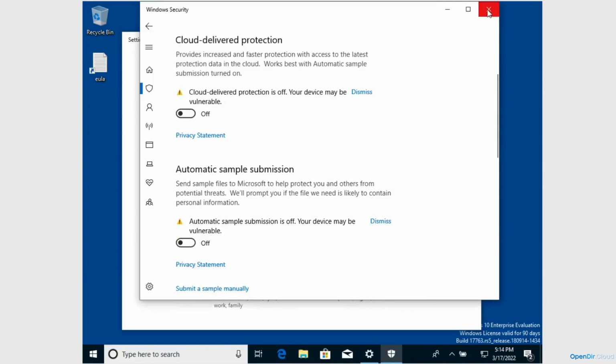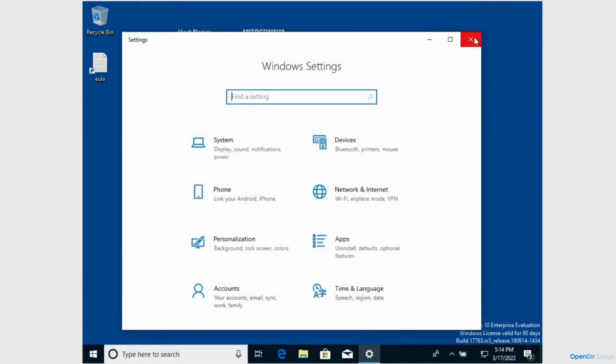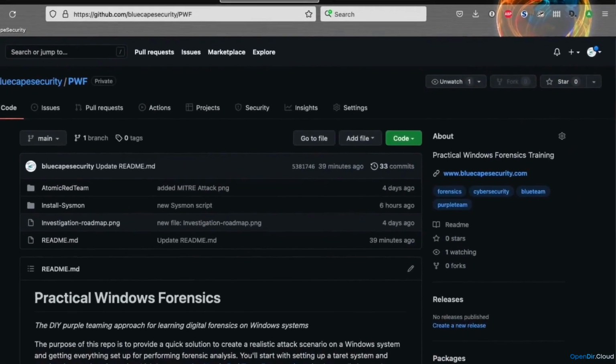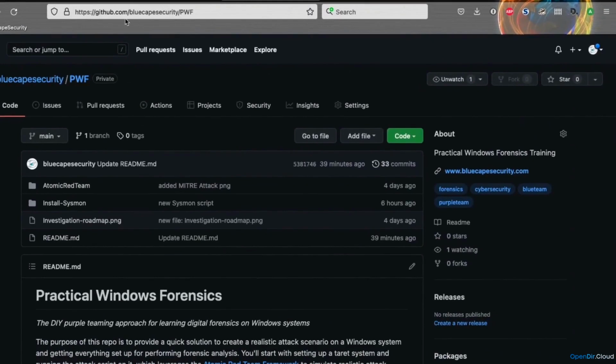Okay, so those are the two Windows settings that we needed in order to set up the system in a way so that we can run our script. Now the next thing is we need to get our script onto this system. The scripts are actually hosted on the GitHub repository. So on my host system, I've already opened it up here. You can see under